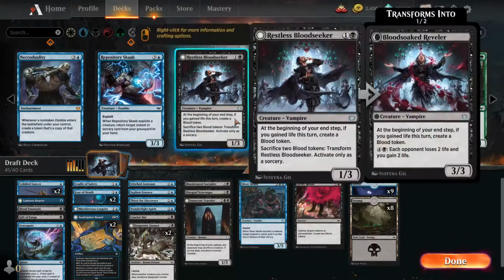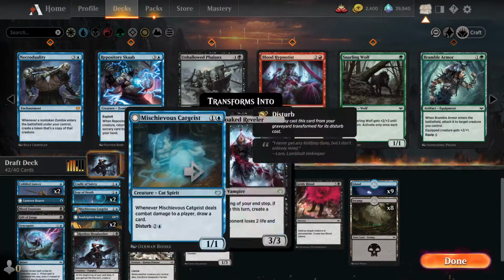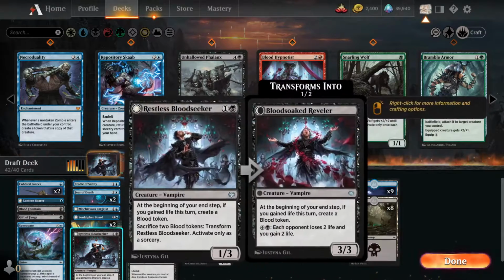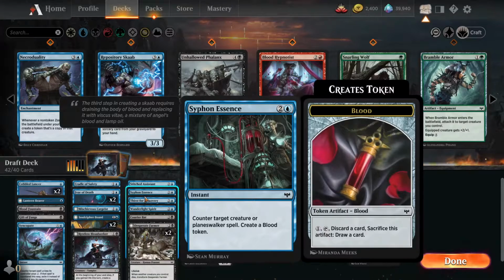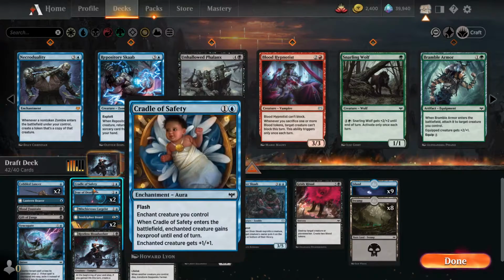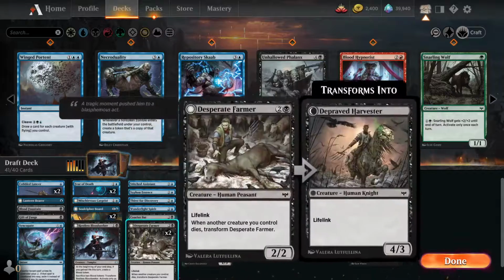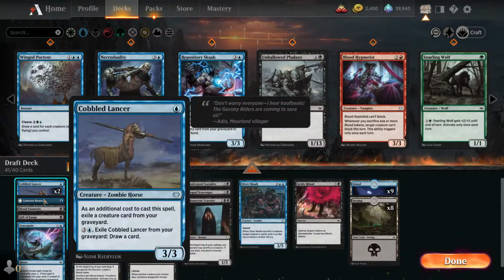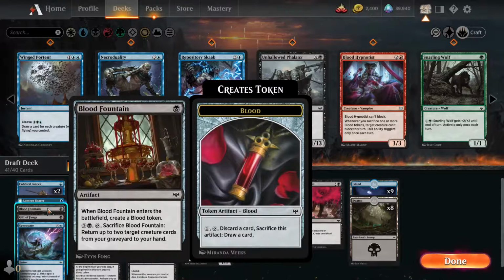Well, you know what? We can put the Bloodseeker back. My curve is fairly low. I'm just going to cut one more. With the 2 Desperate Farmers, the Bloodseeker could go off. That could turn on the Courier Bat. So we just need to cut 2 cards. I think maybe Siphon Essence. Maybe Cradle's not good enough. Like, there's nothing I really want to protect that much. If things die, then I can get them back. With the Blood Fountain, so...